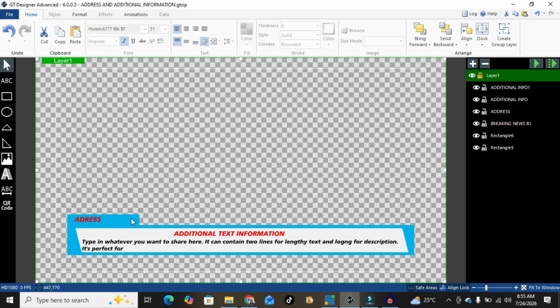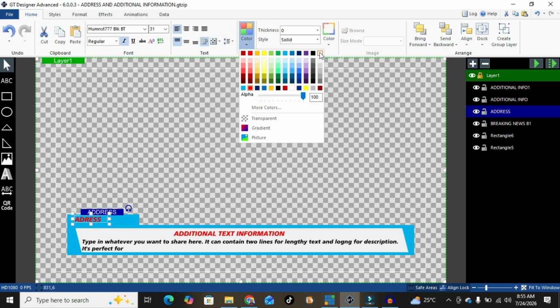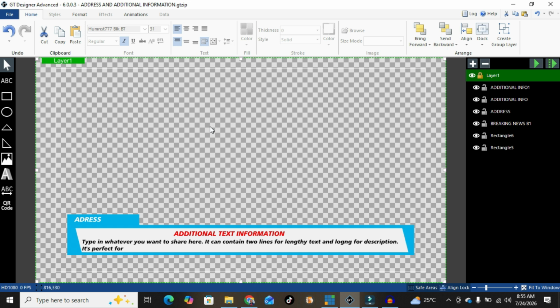Okay, does it look okay to you? If not, you can change it. This one is a BBC-like color. But let me go back to the default one. Until I have seen the black and the text there. Once you select the color, it is the color that appears in the GT title designer.